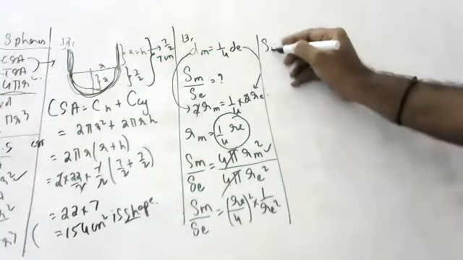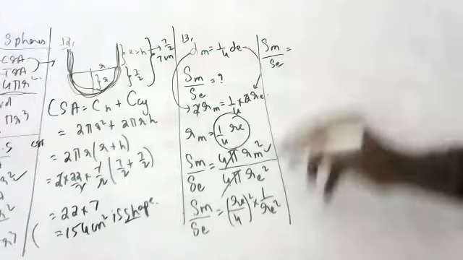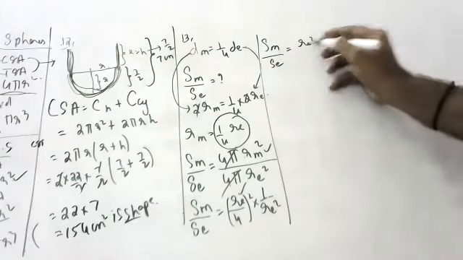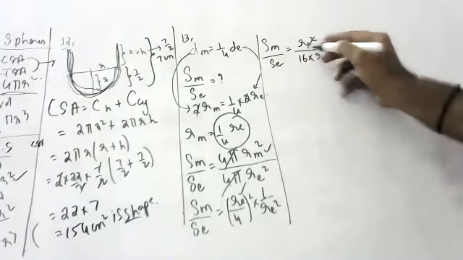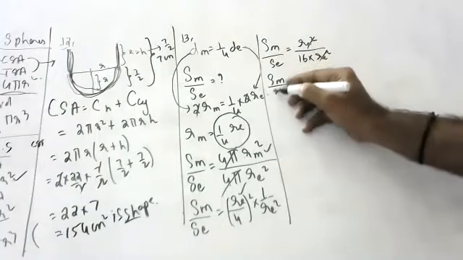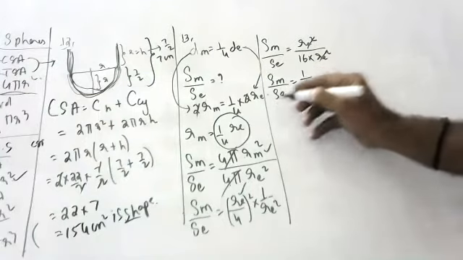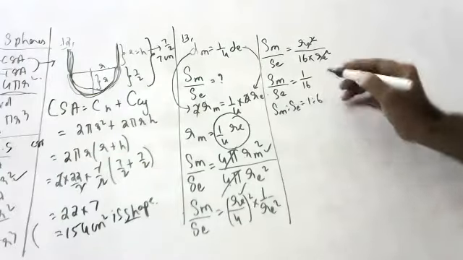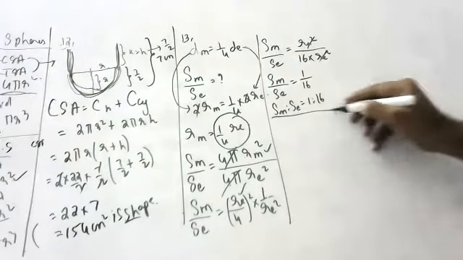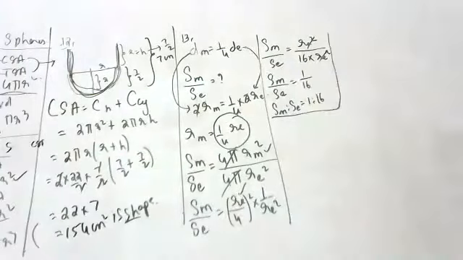So the surface area of the moon by the surface area of the earth is Rm square by Re square, with Re being 4 times Rm, so it is 16. R square cancels. The surface area of the moon by the surface area of the earth is 1 by 16. So the ratio of surface areas is 1:16. Now, children, they did not ask for volumes, but I will do volumes also for you.